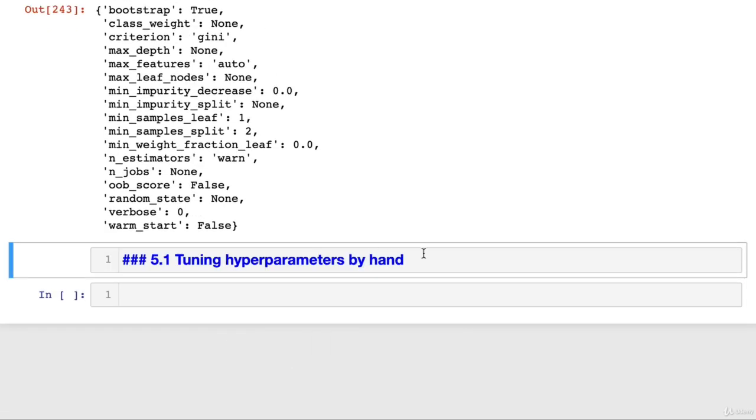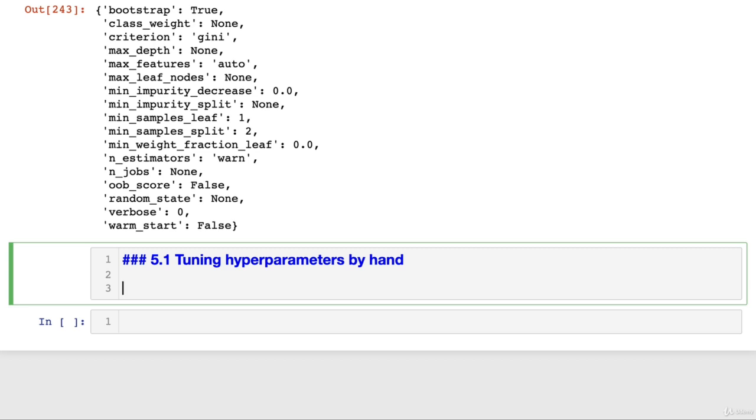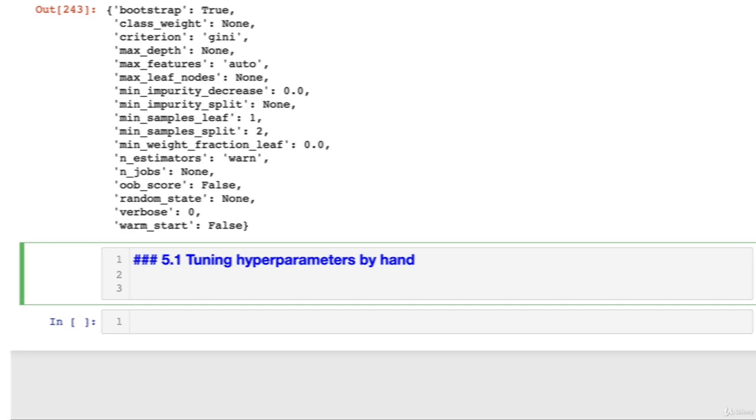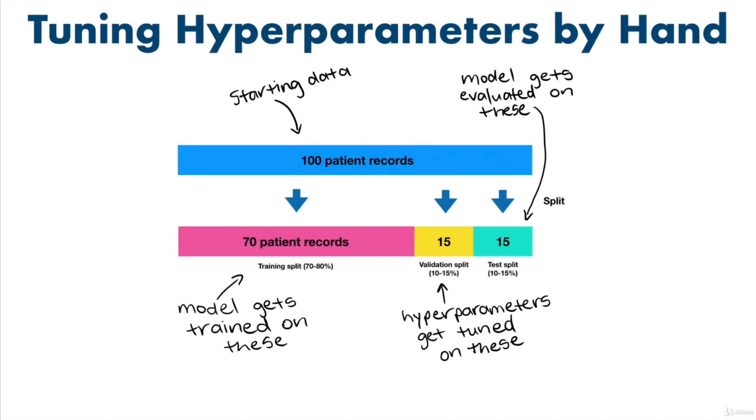And so far, we've talked about dealing with training and test data sets. A model gets trained on the training set, it finds patterns, and then it gets evaluated on the test set, so it uses those patterns. But hyperparameter tuning introduces a third set, a validation set. So if we have a look here, this is what it's going to look like when we tune hyperparameters by